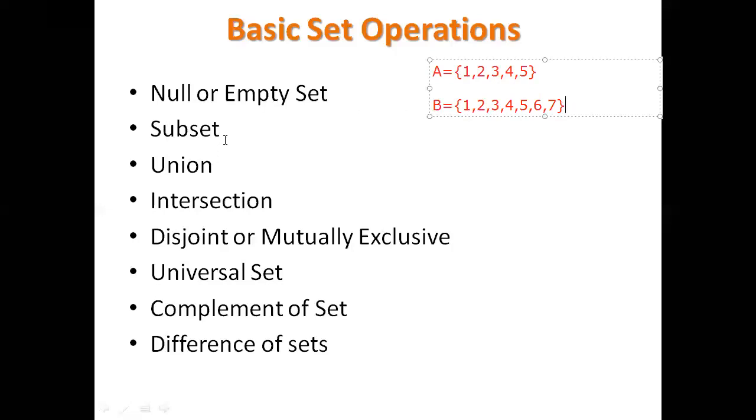If you are taking the subset operation, by observing these two sets, A is a subset of B. The meaning here is that the elements in A are included in the elements in B also. Whatever the elements in A, those are present in B also. That is why it is represented as A is a subset of B. All the elements in A are included in B, so we say that it is a subset.